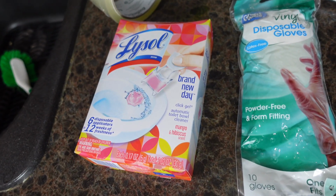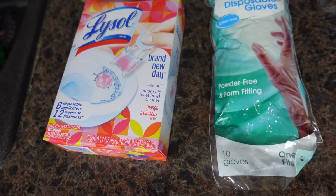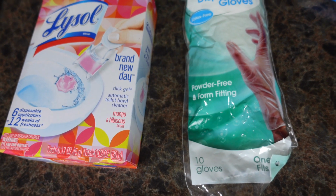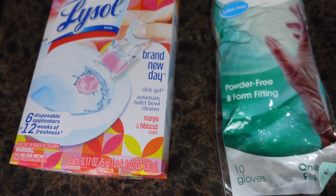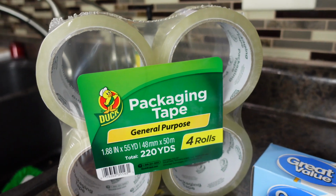For non-food items, I have these new ones, this is mango and hibiscus. They're self-sticking toilet bowl cleaners. So I wanted to give these a try and see if they're similar to the other kind that's in the hard plastic tube. I needed tape,